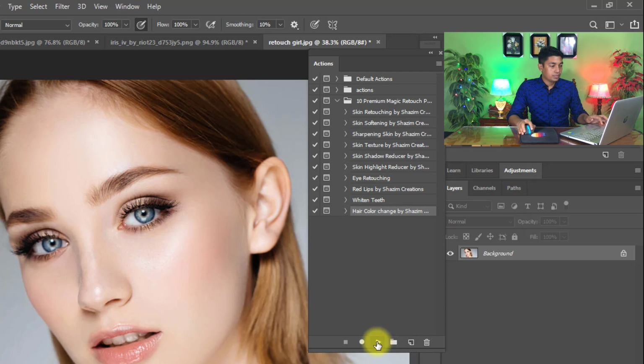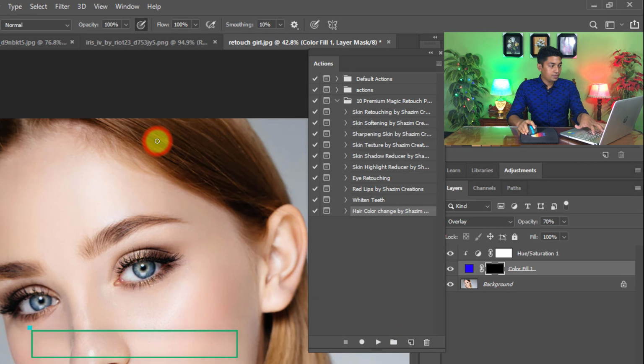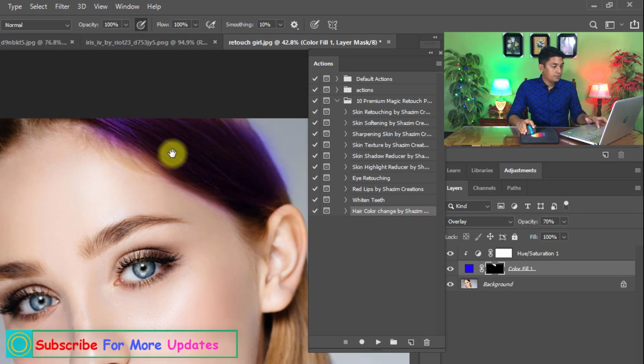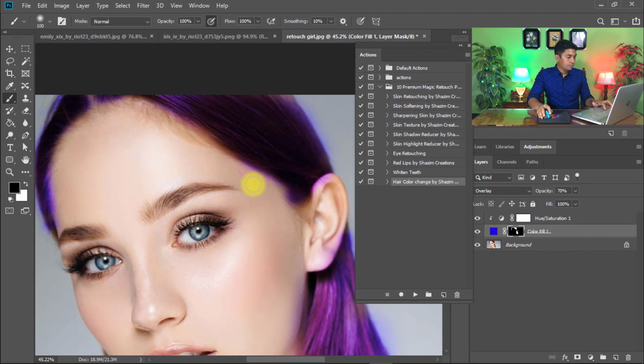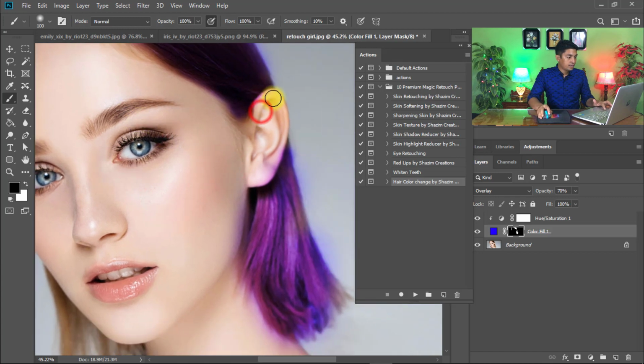Then just one click on the play button, click on continue, then paint over your hair to change hair color. To remove unexpected area, exchange from here: foreground color black to remove and foreground color white to add color.